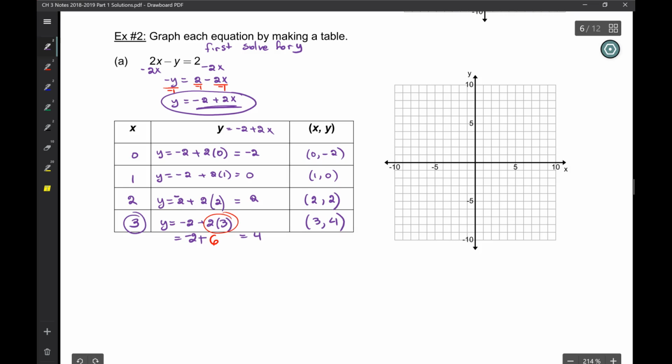So now we have 0, negative 2, 1 comma 0, 2 comma 2, and you're solving for 3 comma 4. So you're taking the... Right. But I have one question. Okay, for y. so